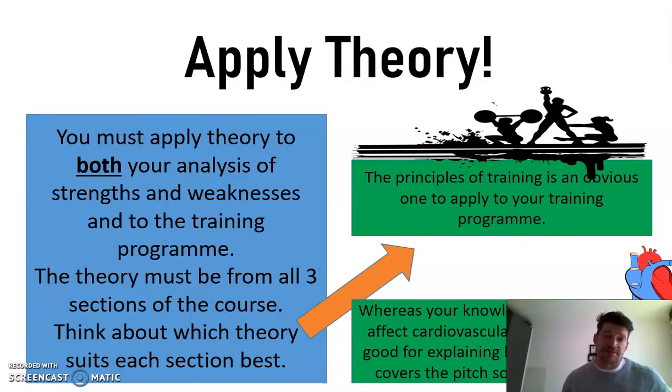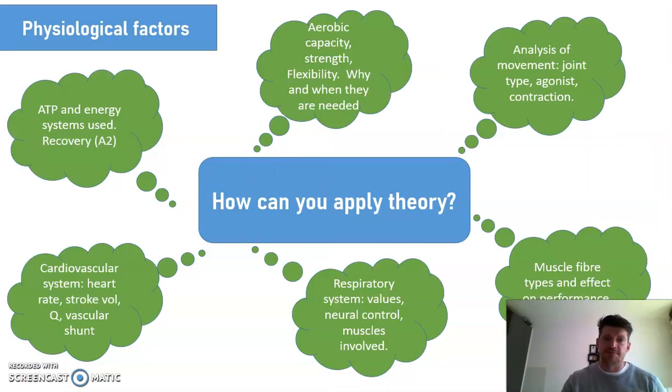Because if they have a strong cardiovascular system, why is that? They've obviously done a large amount of cardiovascular training, cardiac training, interval training. They've gone through cardiac hypertrophy. They have a large stroke volume, and they probably have a low resting heart rate, etc. Apply all the theory that you can into it. And if they don't have strong cardiovascular fitness, then it's just the reverse. They probably haven't done a lot of cardiovascular training. They probably have a low stroke volume. What is a stroke volume? What is an average stroke volume? Etc. As much as you can.